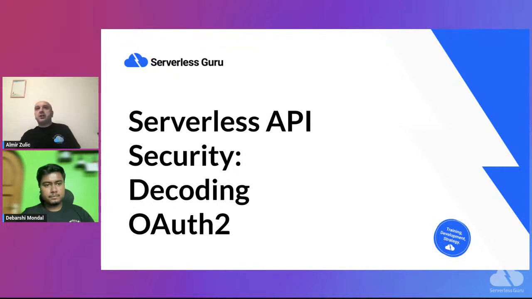It's because people are using services like Auth0 by Okta, or they're using, in our case, because we are mainly doing cloud and AWS, Cognito a lot. And we notice that people sometimes do not really understand what they are doing. They're following tutorials, they're following white papers, and they're not really sure what they are doing, which can sometimes have some security implications. So the goal of this webinar is actually to explain what OAuth is, why we